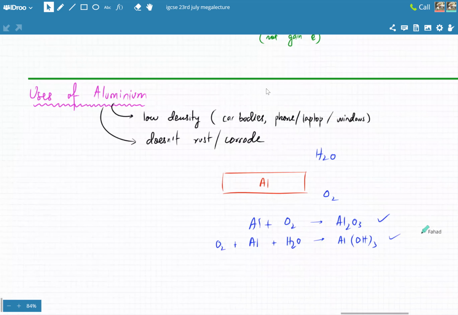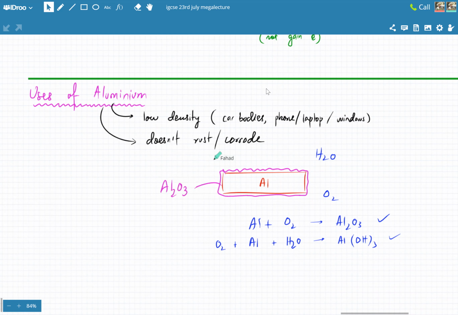But the thing is, as soon as these reactions happen, इसकी जो top surface है ना, इसके ऊपर ये oxide की layer form हो जाती है, which is Al2O3, immediately. And this coating of Al2O3 is a very tough coating. It forms this protective coating around aluminium. So it's tough, it's unreactive,